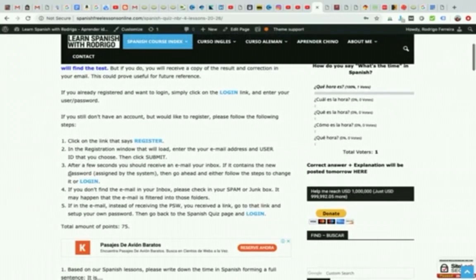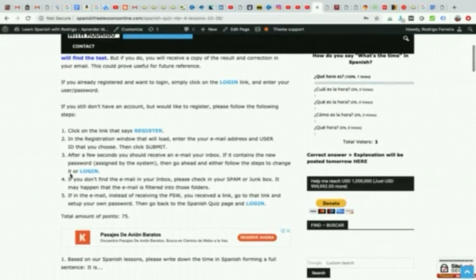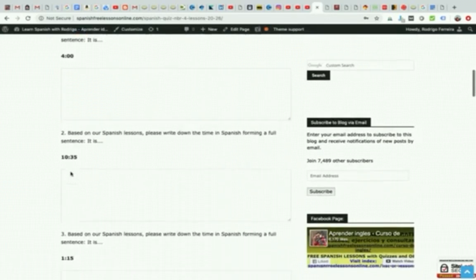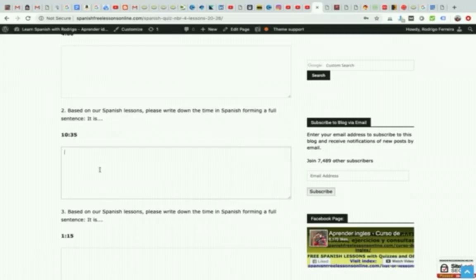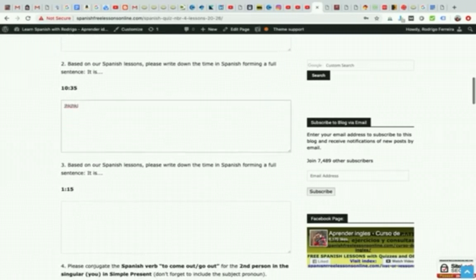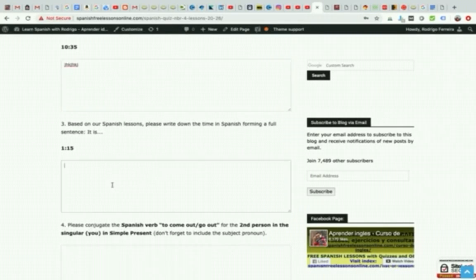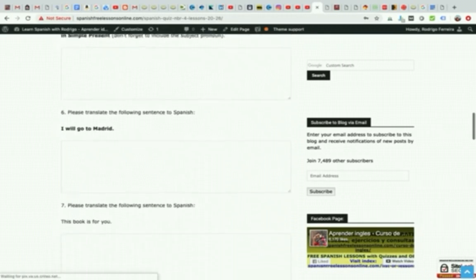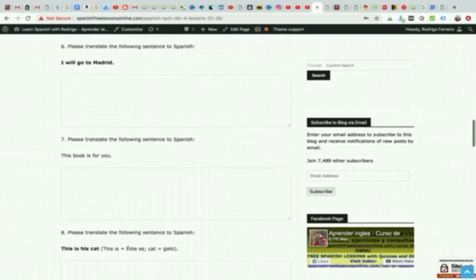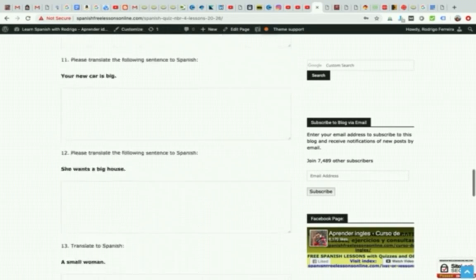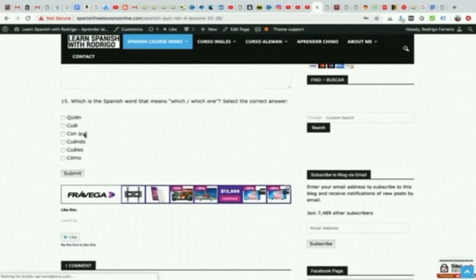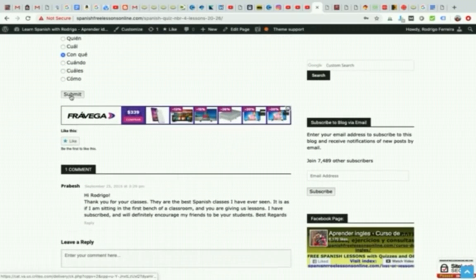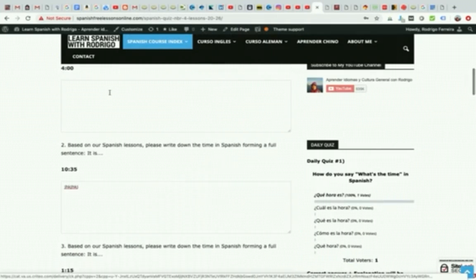As everything else here in my course, the registration is totally free. If you scroll down, you will find the questions and the empty fields for you to type the answers. Most answers require you to type, but some others are multiple choice or need you to select the correct answer. Let's see if we find one here. This is it. Once you finish answering, here, you click on the Submit button,